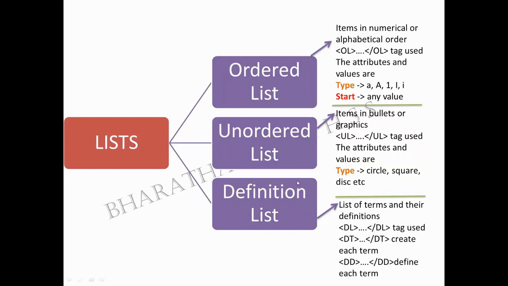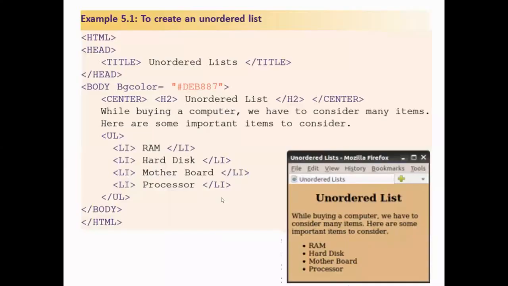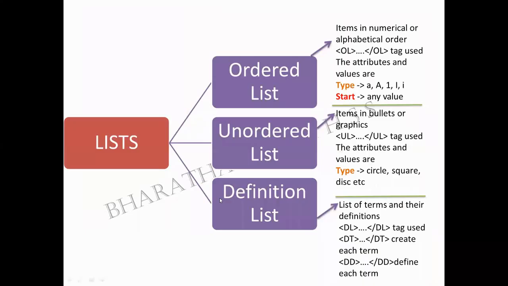The next thing we are going to learn is your definition list. Definition list, in the sense, we are defining certain terms. In physics, chemistry and all, you are learning lots of definitions, yes or no? Similarly, to present that, we make use of the definition list. To create a definition list you have three main tags, and all three tags are container tags or paired tags. Is it clear?